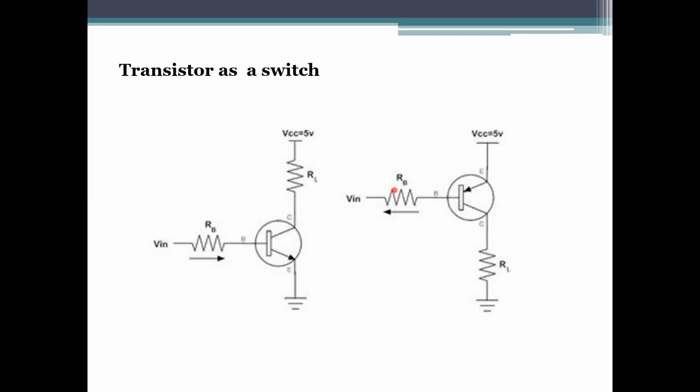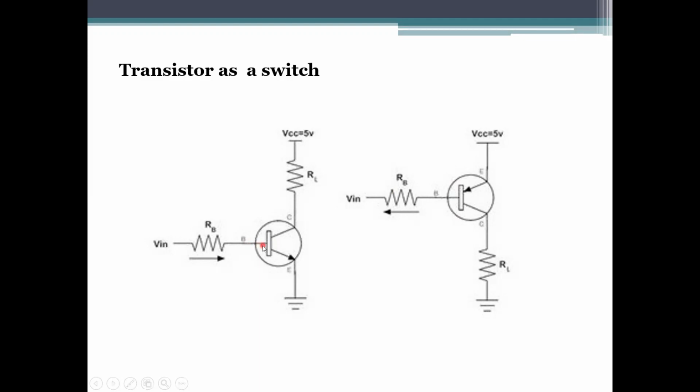And in digital circuits like gates in computer circuits, the transistor is used as an electronic switch. It is operated by applying an input voltage, either low or high, at the base terminal. This is your base terminal. You can apply either high voltage or low voltage, and that is basically used in the logical gates.